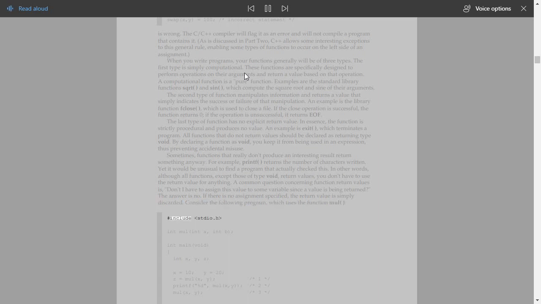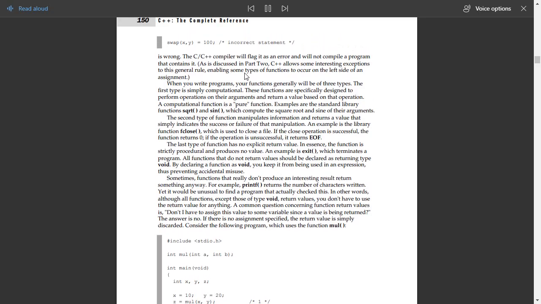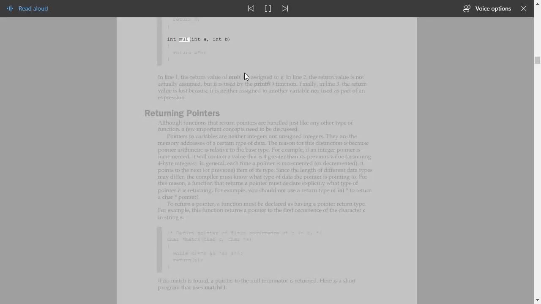#include <stdio.h> int mul(int a, int b); int main(void) { int x, y, z; x = 10; y = 20; z = mul(x, y); /* 1 */ printf("%d", mul(x, y)); /* 2 */ mul(x, y); /* 3 */ return 0; } int mul(int a, int b) { return a * b; }